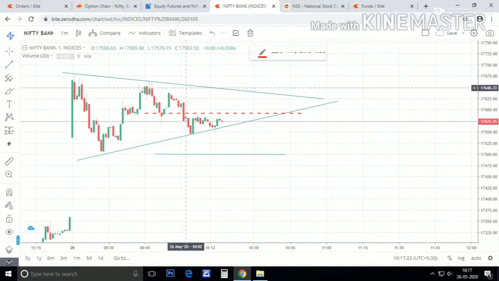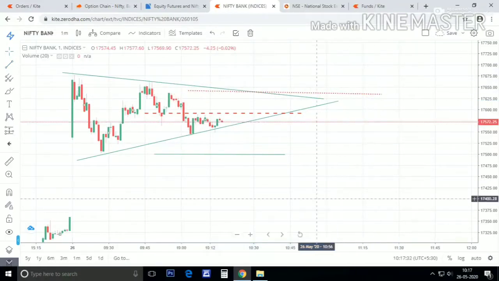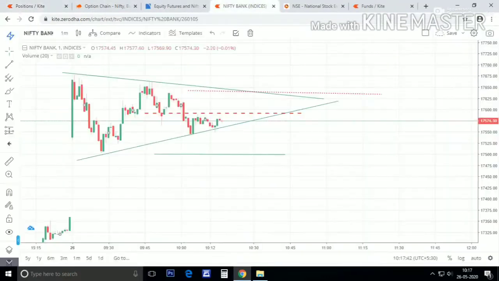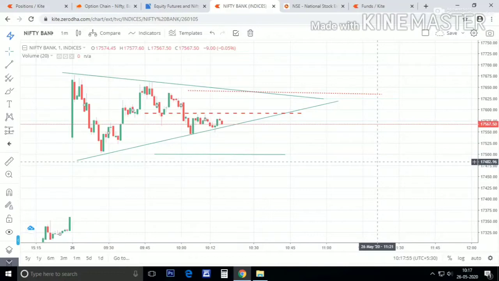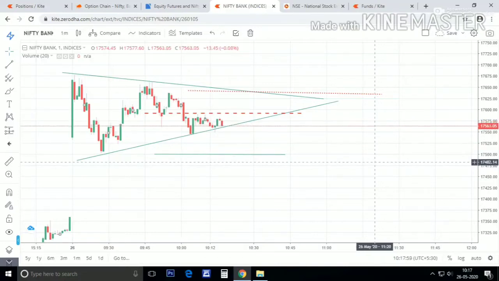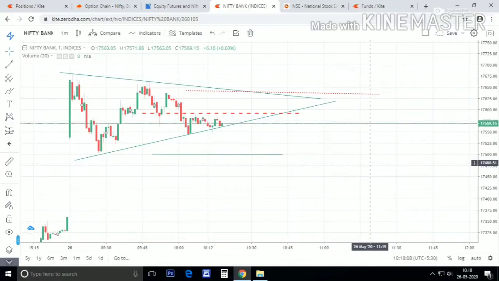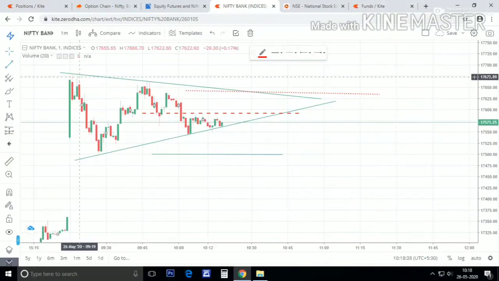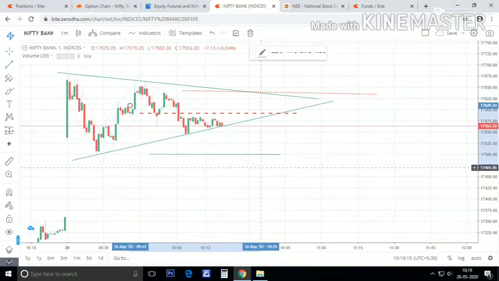But I think I just forgot to do that. With a GTT order you can do that. I just forgot to mention, with a GTT order you can do it right now. Okay, so I haven't used GTT orders in options yet, so I'm not confident enough to use that. So I will wait a bit. If the middle resistance which has already formed, you can clearly see, if this resistance breaks, then I will consider adding a stop loss of around the equivalent point, which is 16 to 17 points upwards, meaning around the losses. So let's see what happens to the market.